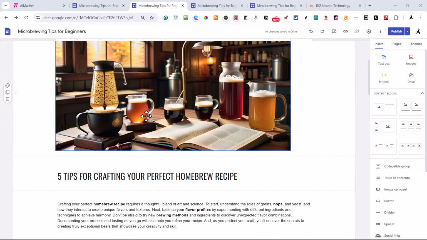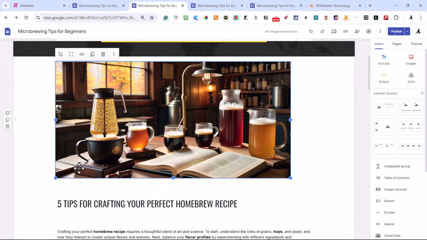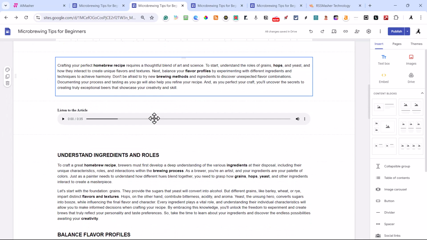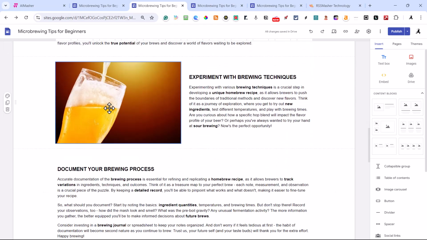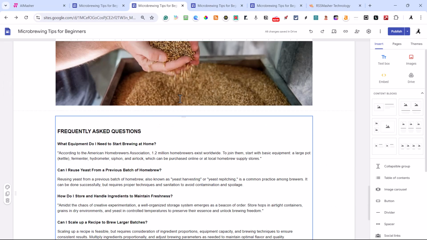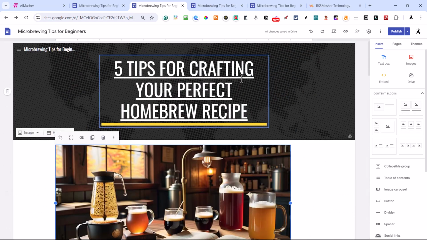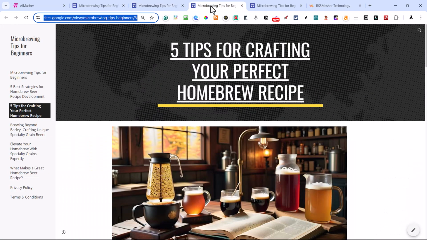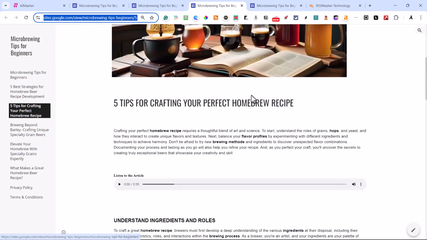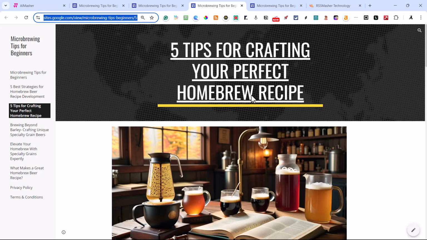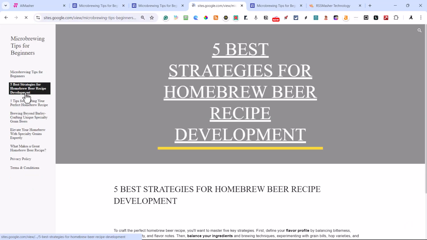Okay, I did some final modifications. I moved the image above the title or the heading and got the first paragraph, stretched that out. You can kind of see I'm just playing around with the overall look and feel of it. It looks really good. So once you're done, you would hit publish. And I've already done this one, so I'll just close that. And here's what it looks like. Here's the final version of that. Looks really, really nice.